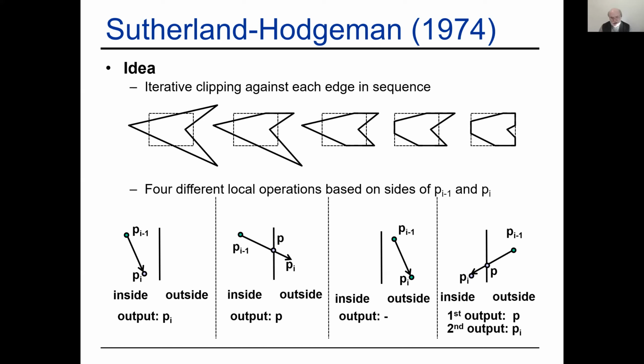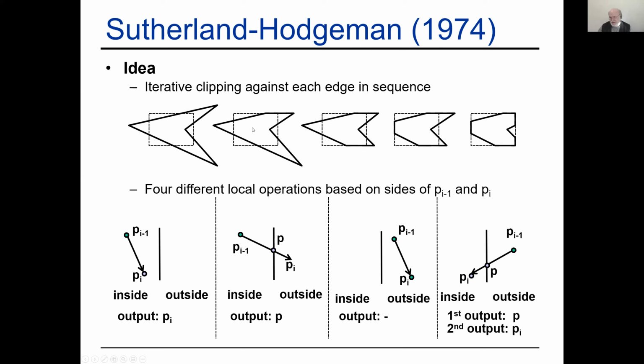And if you clip against only a single edge, then things actually become very, very easy, right? Because all you do, for instance, if you only clip against the top edge and you have this complex polygon here, is simply cut off the part that is outside with respect to the top edge. And that's easy because you're only clipping against one line. Whenever you go outside, you remember the point where you went outside, and you connect it to the point where you go back in,